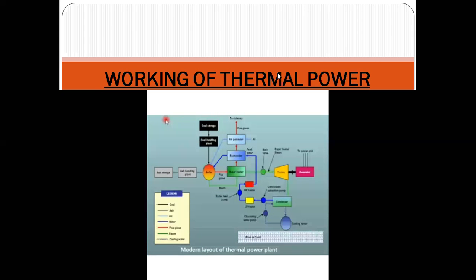And after that, by using the feed water, it is again sent to the boiler. So in this boiler, this process goes on continuously. And you can also see we have an air preheater and an economizer. This air preheater can be used to support the combustion process. So this air preheater, economizer, superheater and condenser are basically the auxiliary components of the boiler, so that proper combustion can take place and the fuel energy is converted into electrical energy. So I think after watching this video, your concepts related to the thermal power plant are clear to all of you.